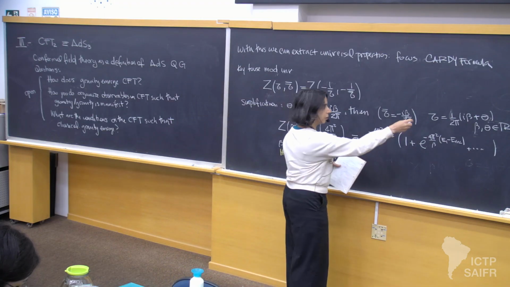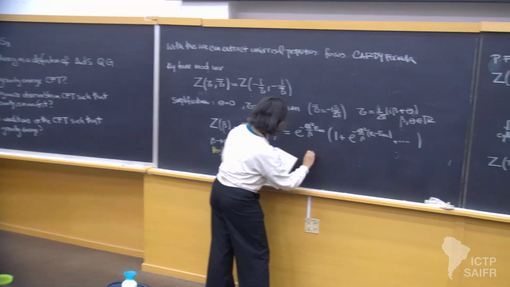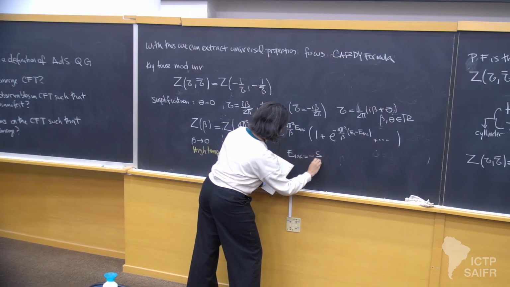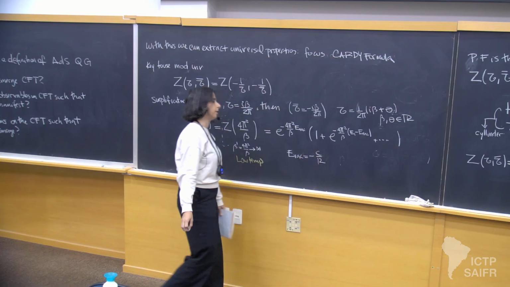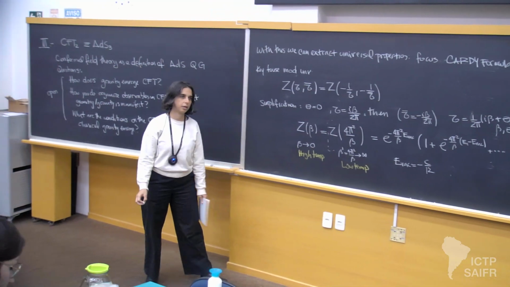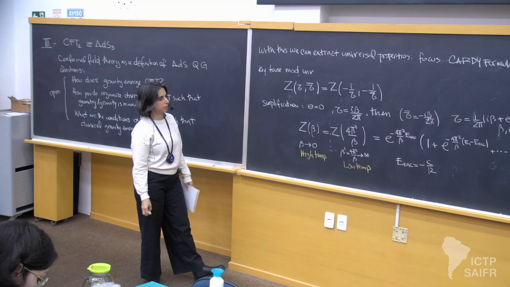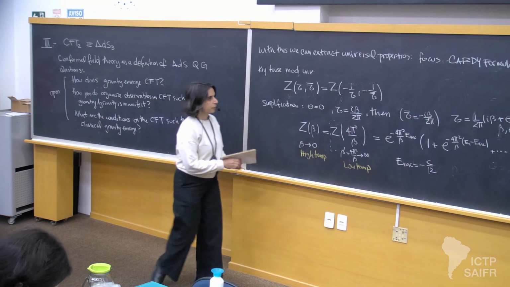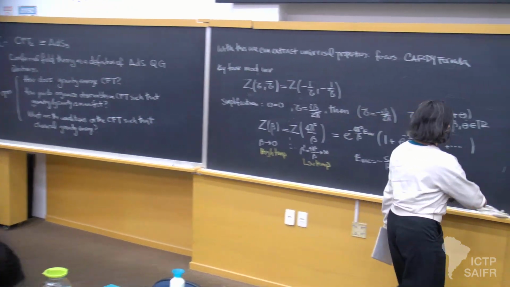And just to be clear in terms of the notation that I'm putting there, E vacuum, if you read it off from the previous equations, is minus C over 12. Okay? That's the Casimir energy associated to the vacuum state. Okay? So what do we get out of this?